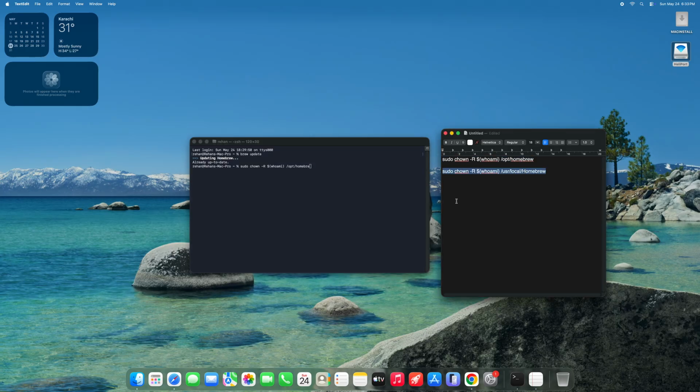If you are using an Intel MacBook instead, use this command: sudo chown -R $(whoami) /usr/local/homebrew. This command changes the ownership of the Homebrew folder back to your user account, so Homebrew can access and